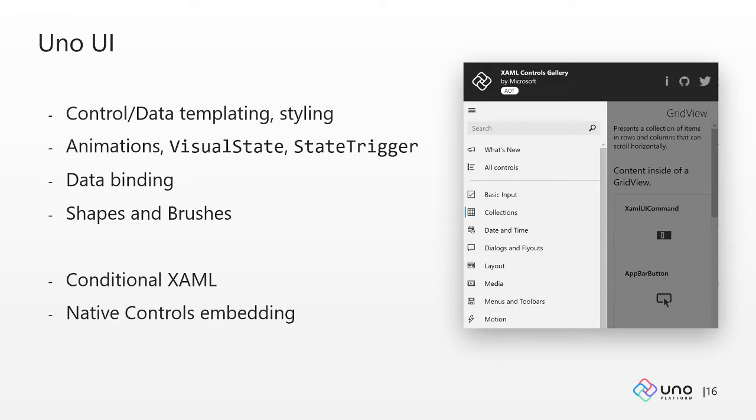In addition, you can use conditional XAML to include some platform-specific UI. And finally, you can use native controls embedding. So that's what I've talked about. You can embed native controls like UI button into XAML.